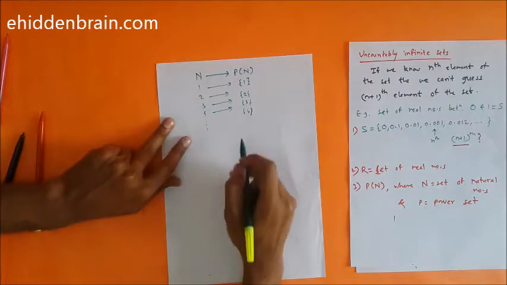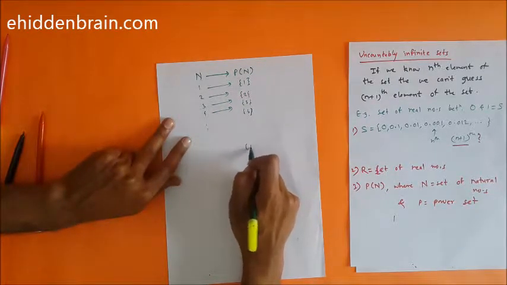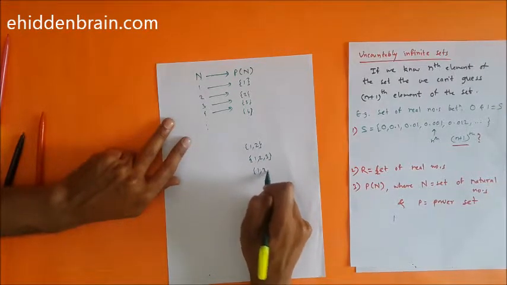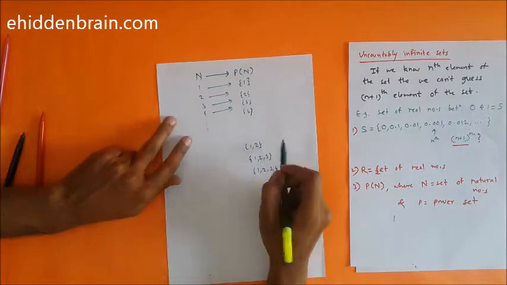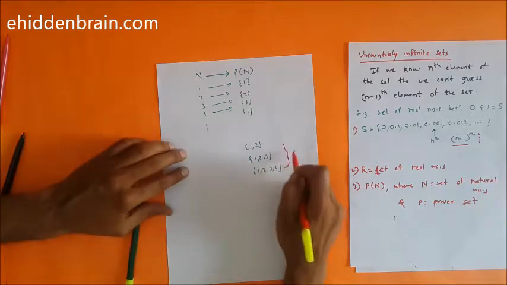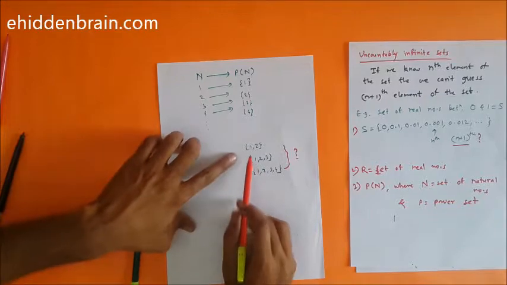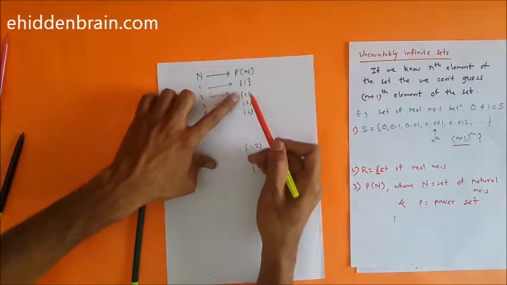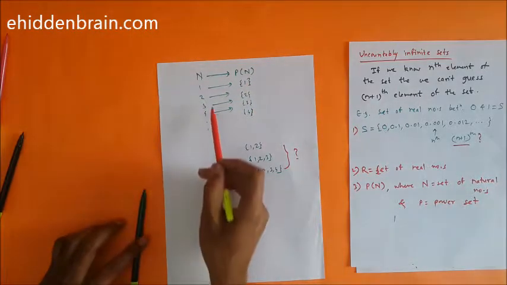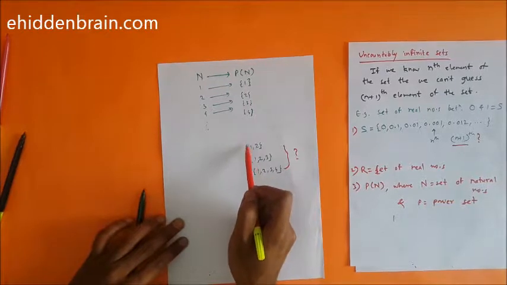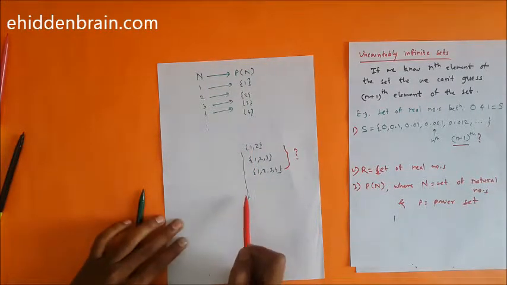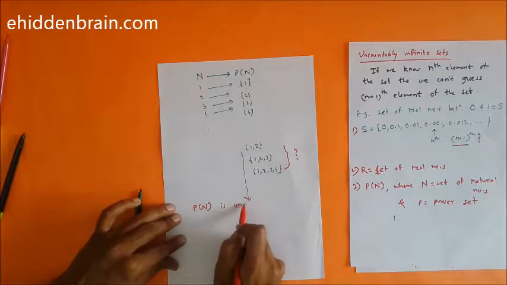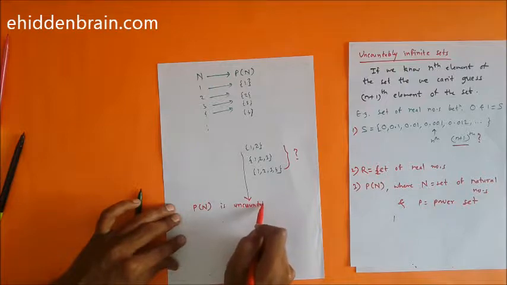But what about when you get a mapping for {1, 2}, for {1, 2, 3}, for {1, 2, 3, 4}? So this is questionable. You will never be able to get a mapping for these elements, because the list of single element sets, or singleton sets, is itself infinite, and then you will not be able to get a bijection for a lot of elements. Hence I can call the power set of N uncountably infinite,